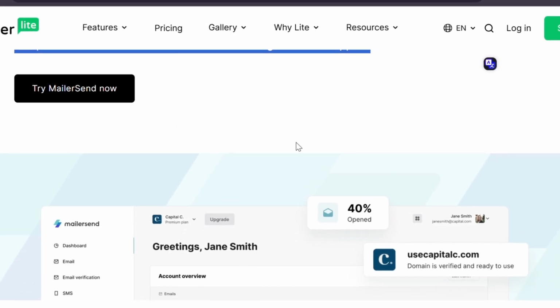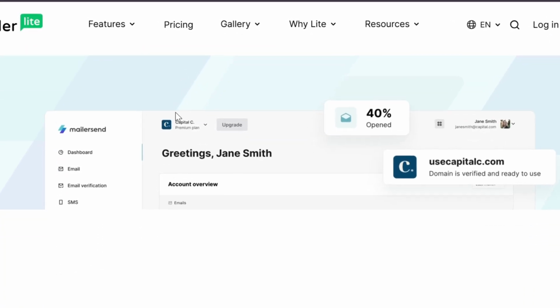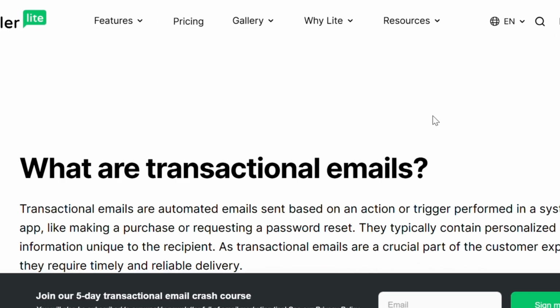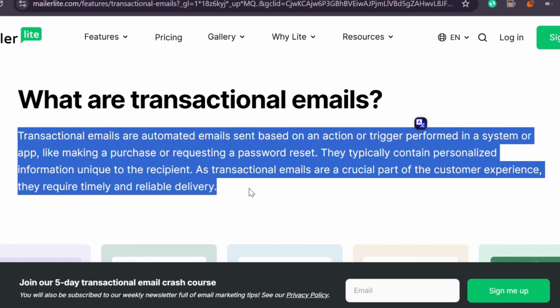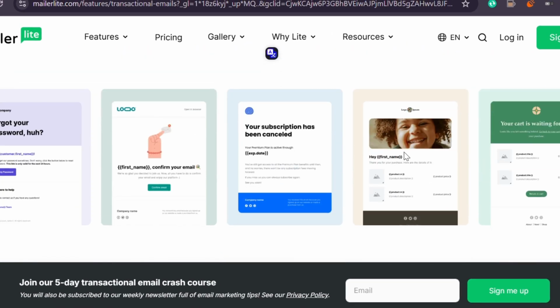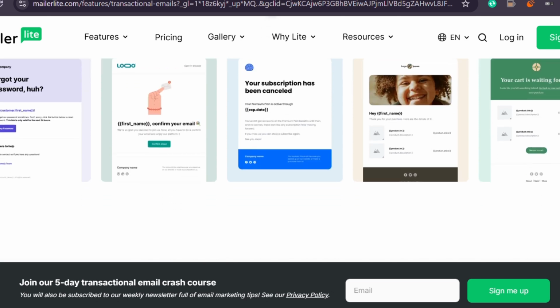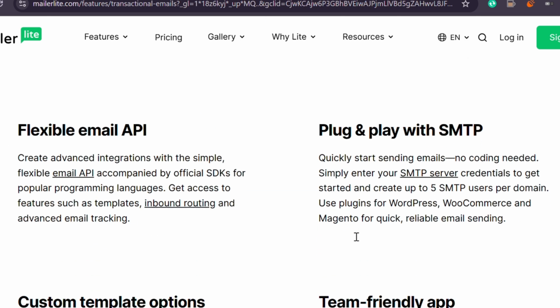"Hey, you left something in your cart." You can add a small incentive like free shipping or a bonus. If they buy, they exit the workflow automatically. MailerLite also lets you edit order confirmation emails. Instead of the default "your order is confirmed," you can add personality, a thank you, and a link to extra